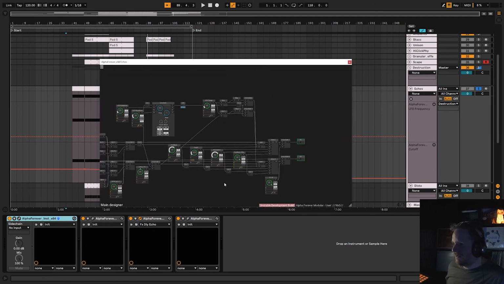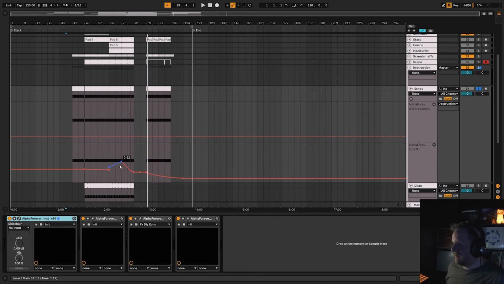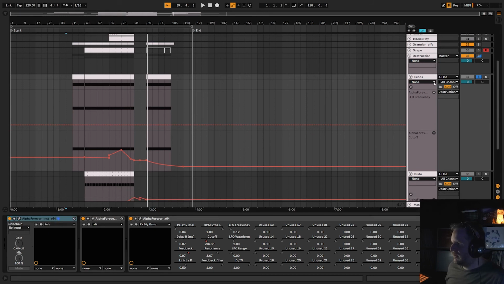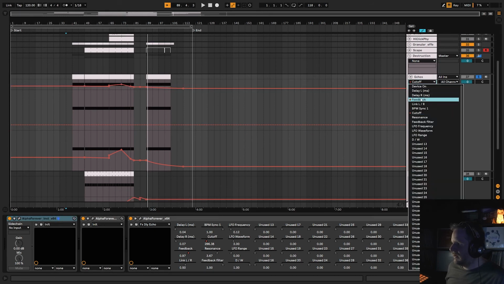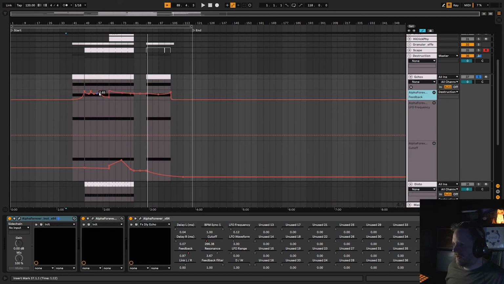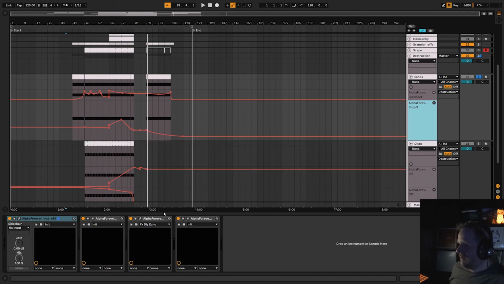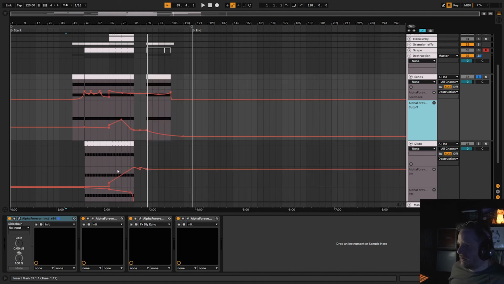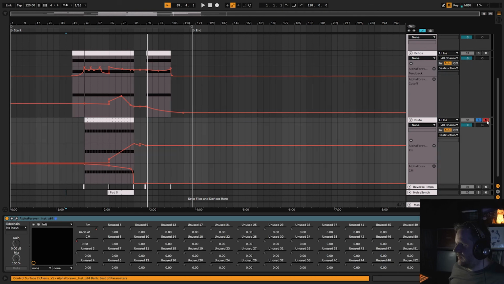Then there's the echo, and the echo is automated. The cutoff frequencies have automation here, and the feedback as well. And I don't know why the feedback is not showing up here, but I will show the feedback envelope because this was hard work. And in the end we have some processing like compression, and this part is purely feedback, and I think it sounds nice. And the other guy,